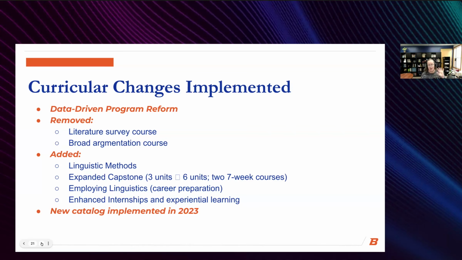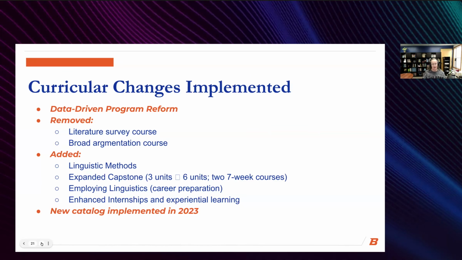And importantly, students who were under the old catalog, the last of whom should be graduating this year, were encouraged to take the new courses, and we provided academic adjustments for them, so that we had multiple cohorts already who've had these curricular changes implemented, even though their catalog did not require them.